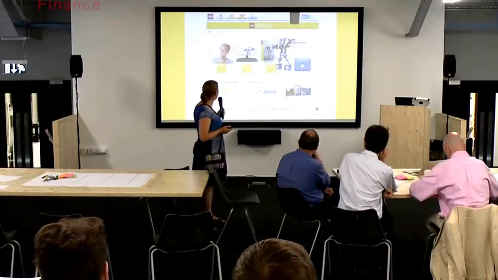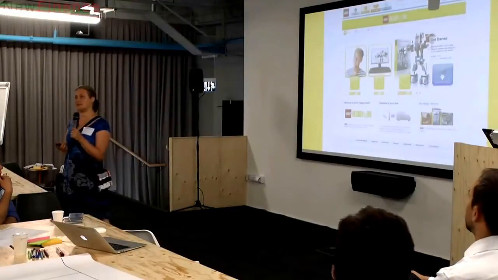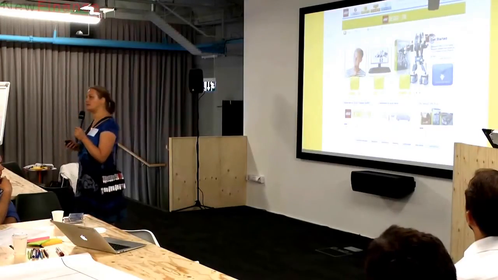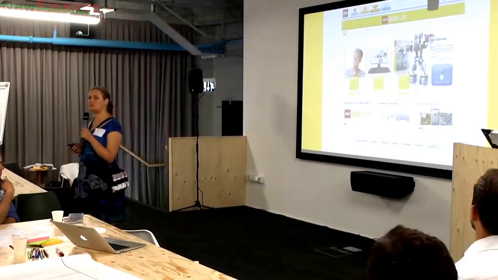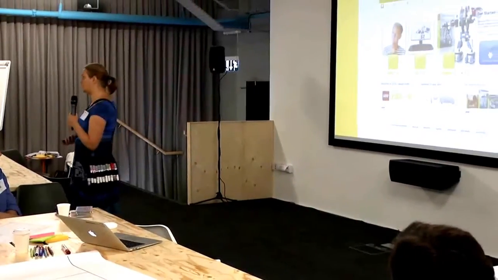So I'm just going to take two examples to show you what a business model may look like. This is the Lego Design Factory. It's a particular type of business line for Lego. It's not just anything. What it does is allow customers to develop their own designs, upload them, and then Lego produces the pieces that are part of these designs, and you have your own Lego set. On top of that, you can load your designs for others to use, so you effectively create new Lego pieces all the time. So they use the customers here as a very integral part of the business model.